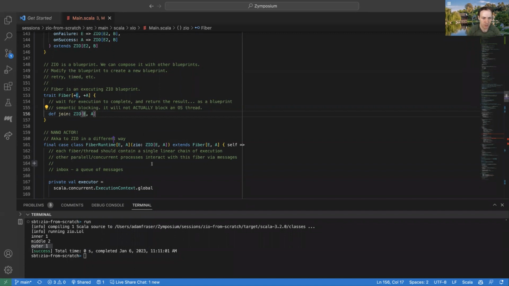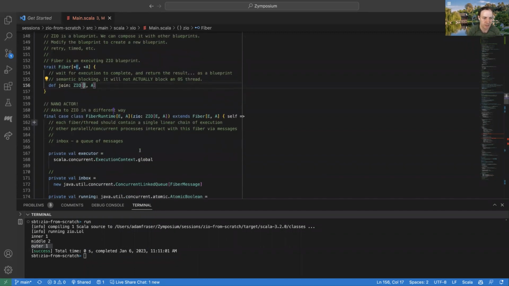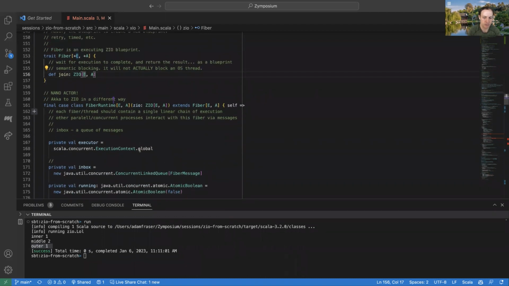And one of the key things we talked about in the first session was this idea that an actor can be a pretty good analogy for a fiber, because a fiber is a little bit like a thread in traditional Java programming. It represents one logical flow of execution. And so just like with a thread, on a single thread, it's always one thing happens, another thing happens, something else happens after that. There's no interleaving of logic on a single thread.